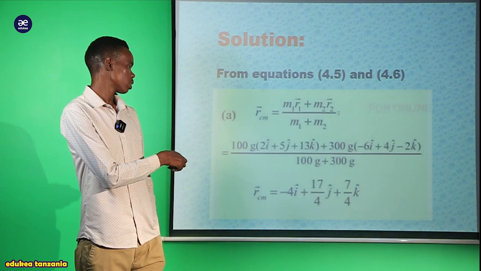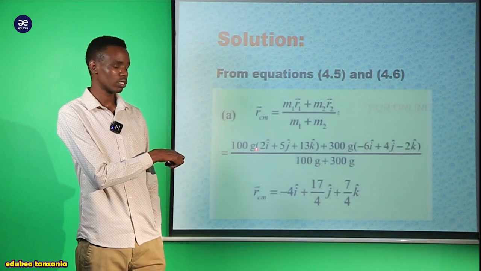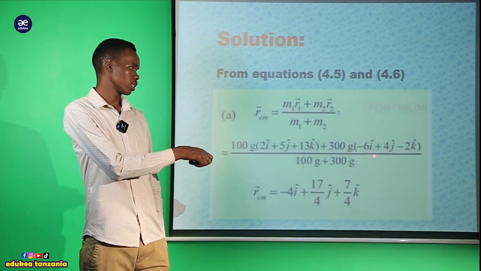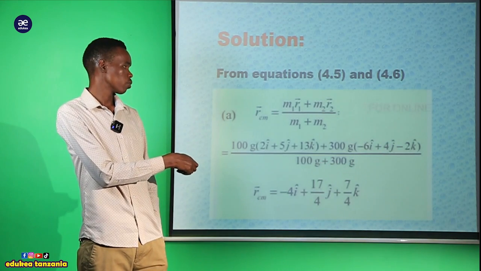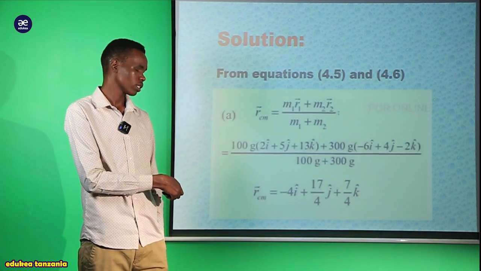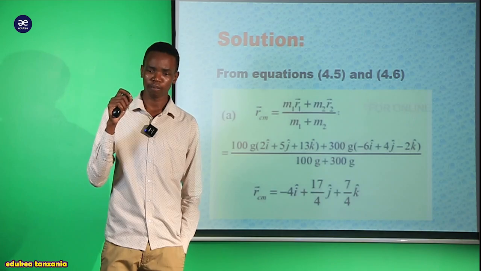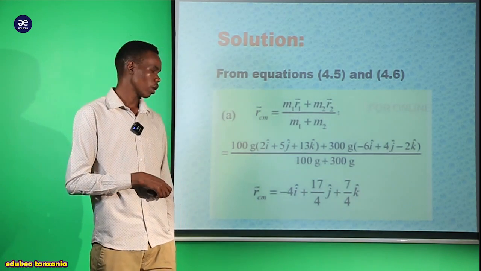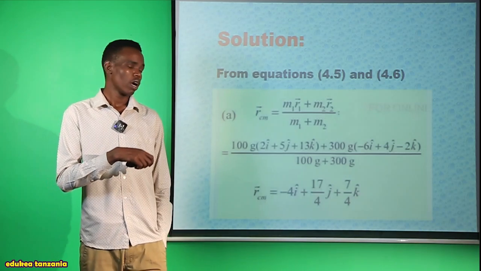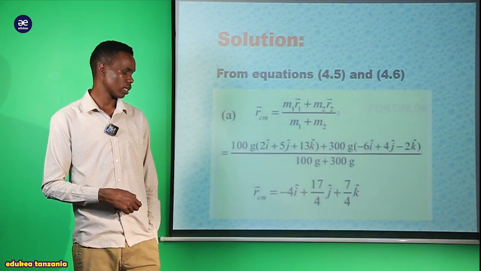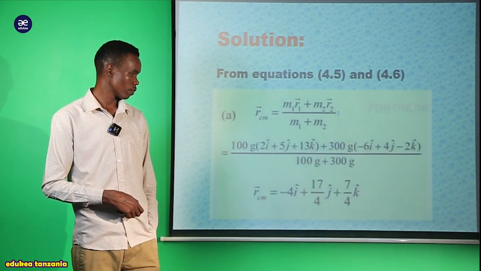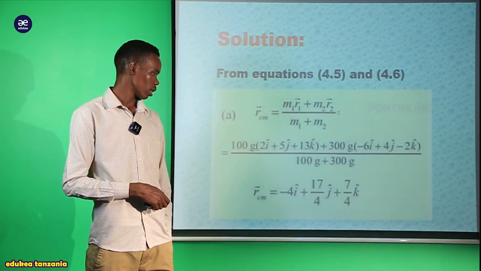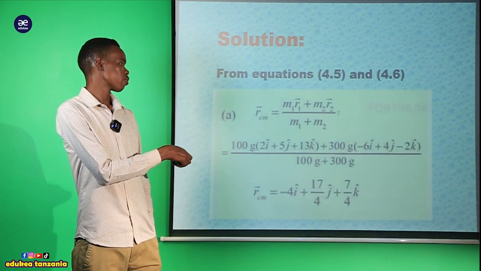Now we take the number found outside and multiply it by each value found inside the bracket. Let us try that. In the end, the gram is common and cancels, and we get the center of mass equal to -4i plus 17 over 4 j plus 7 divided by 4 k. This should be it. After opening the brackets, and